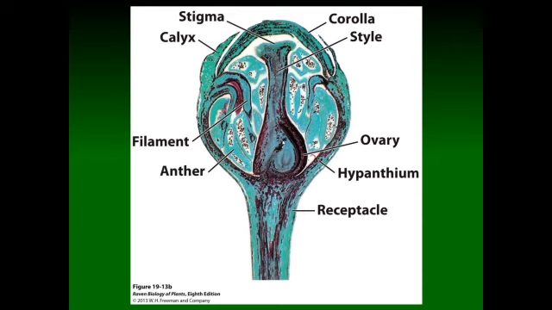This one, however, what kind of ovary do we have? We've got our receptacle down here. Here's our ovary. Here's our hypanthium. Yes, that's a superior ovary. Excellent, good job. Now, is this flower hypogynous or perigynous? Remember, hypo means below, peri means around. So this is going to be a